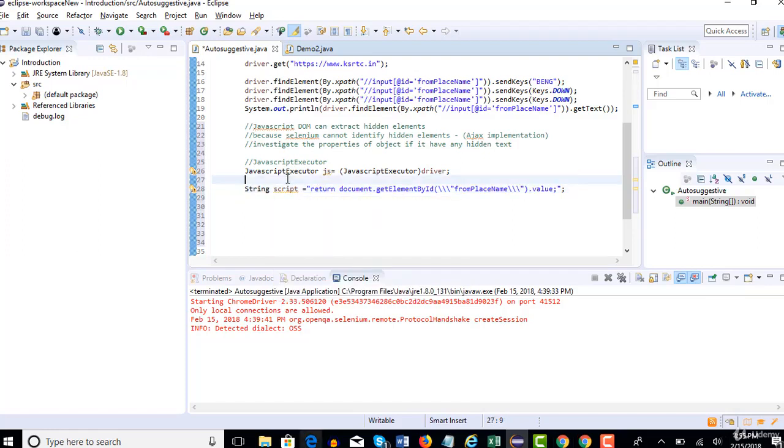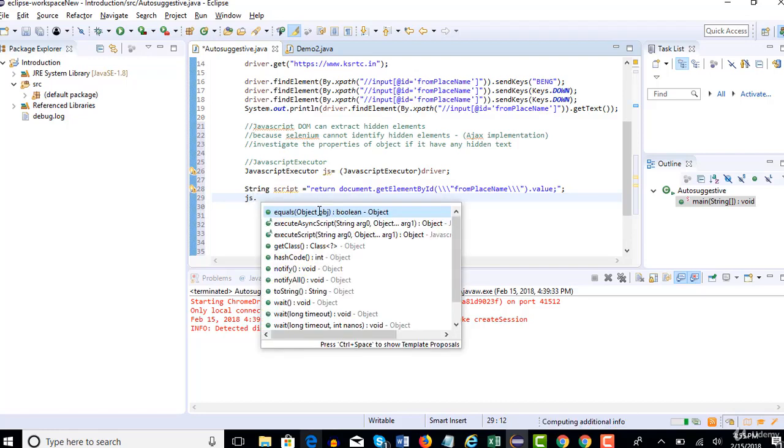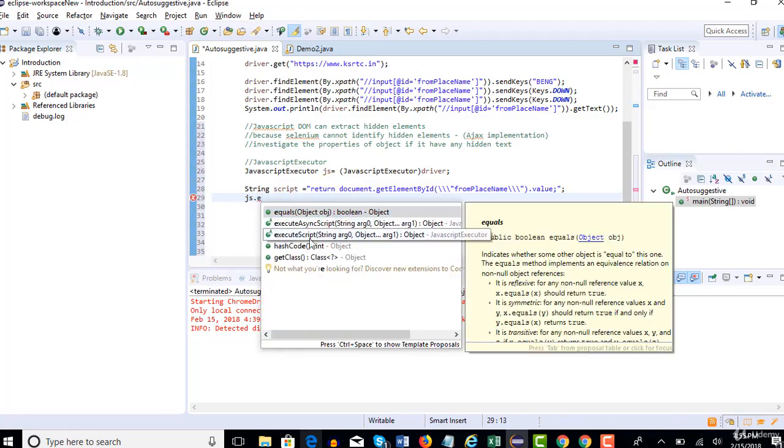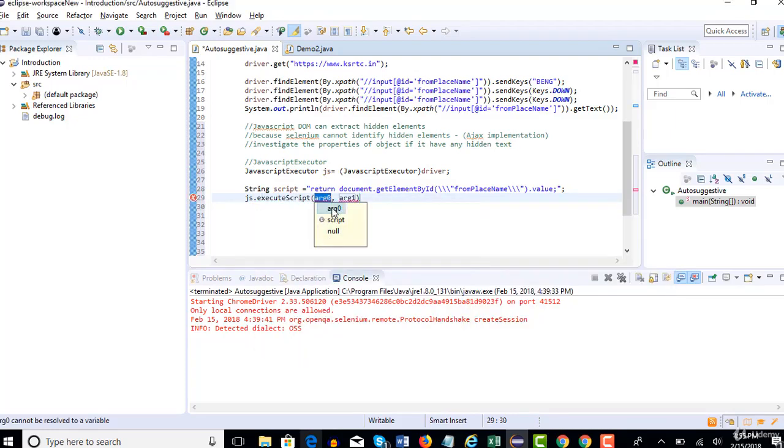Okay, so that's all you need to know about JavaScript executor. Just remember creating an object like this and then create a script and use this semicolon at the end and make sure you write return. Now your script is ready, right? Let's execute now using the JS object, which is present here. JS dot, you see that there is a method called execute script. Okay, and we are going to execute.